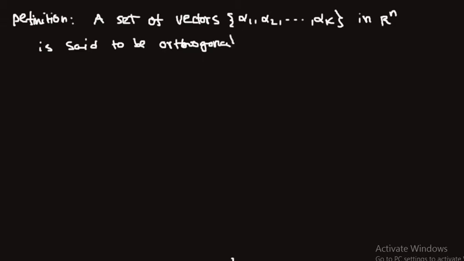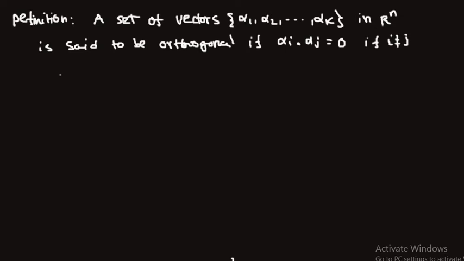We know about when two vectors are orthogonal to each other. Here we are talking about a set. A set of vectors in Rn is said to be orthogonal if alpha i with the standard inner product alpha j gives us 0 whenever i is not equal to j. Which means if I take two different vectors from this set, then the inner product of those two vectors